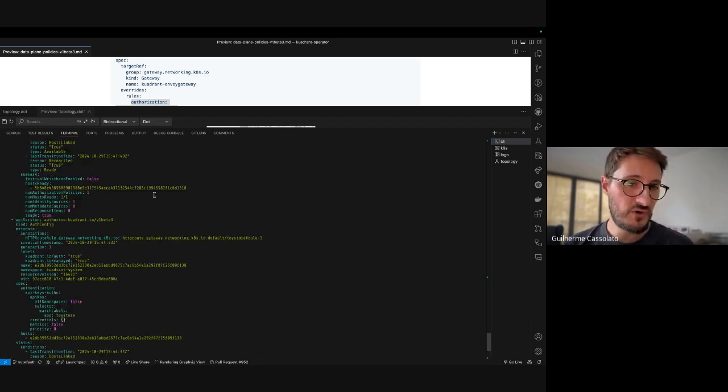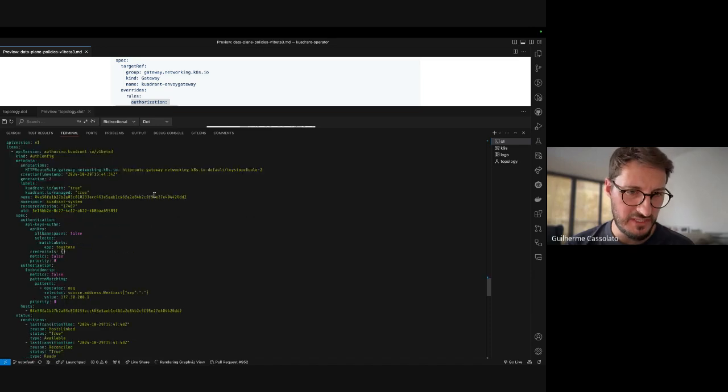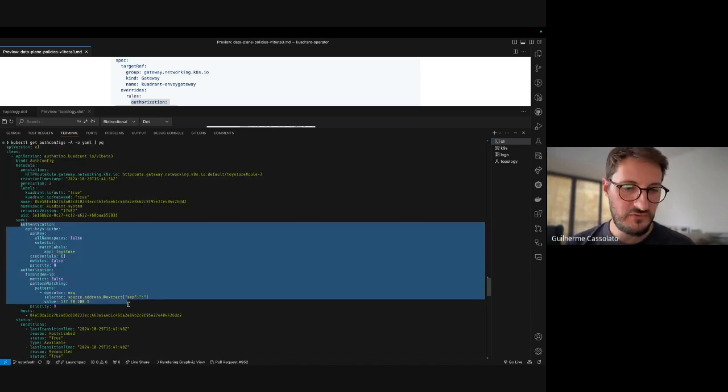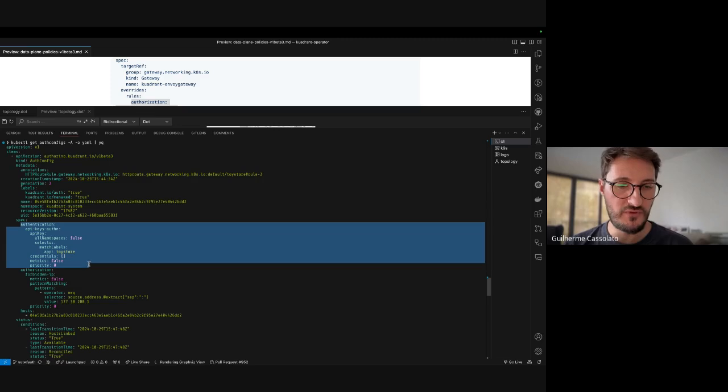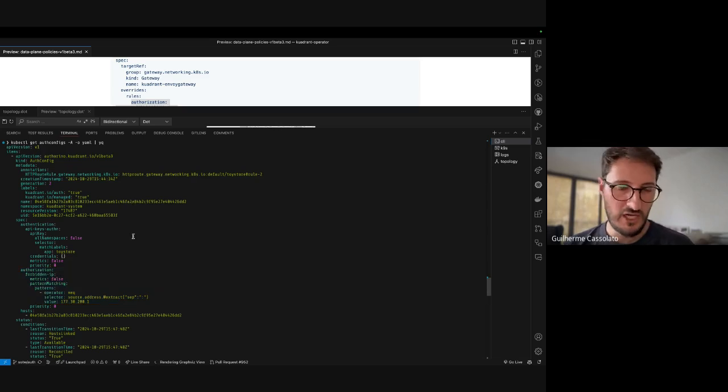we have the same 4 auth configs here, but the spec will change, right? I'm going to scan very quickly to the part that matters for you, right? So this is one auth config. This auth config, if you see here, contains 2 auth rules. It contains the auth rule that it inherited from the root, right, for authentication, but also the one that came from the gateway. I can tell for sure, if we inspect the envoy extension policy resource, that this auth config is being activated for traffic that passes through the envoy gateway,